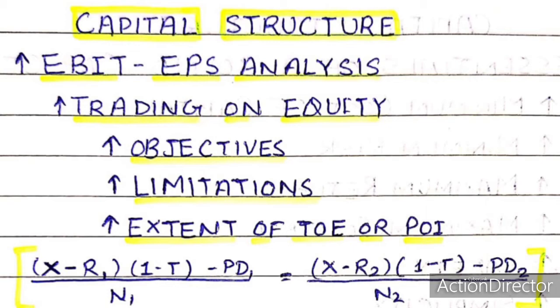Number 4, managerial considerations. Sometimes the management, despite a strong financial position or the capacity to raise loans by issuing debentures at favorable terms, does not prefer the policy of trading on equity. The reason is that they either do not want to create any liability or do not agree with the terms of repayment of debt or are optimistic about raising funds in the near future at low cost of capital.